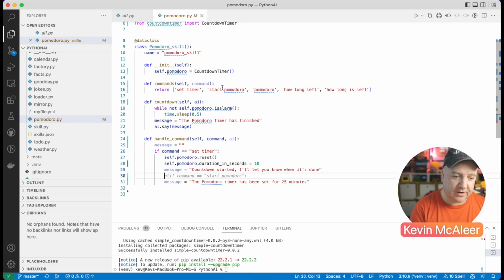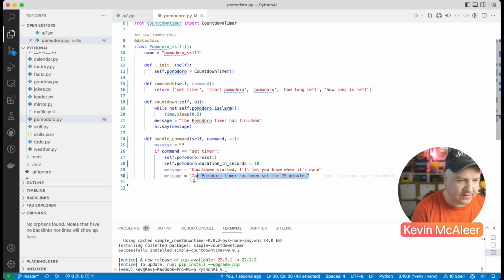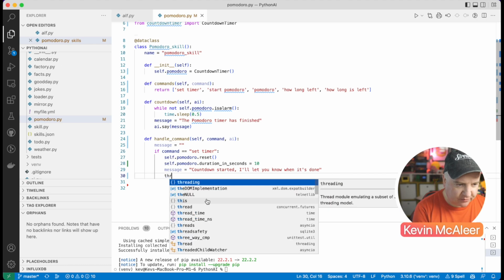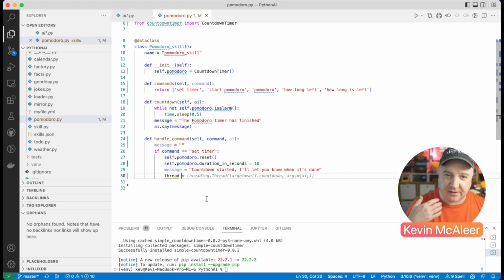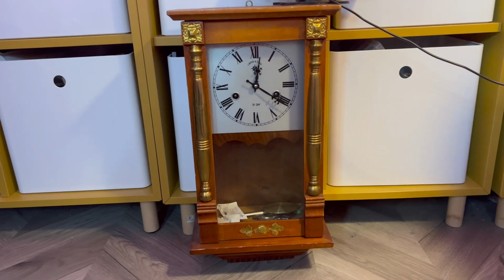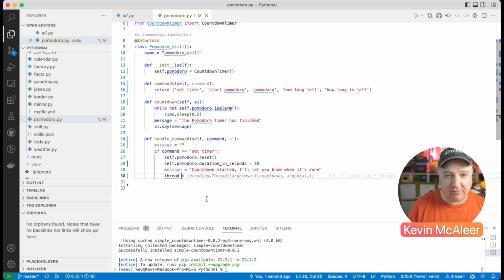Okay. Now we want to create a new thread. Let's get rid of that message there, we don't want that one. So what we want to do now is we want to create a brand new thread, and this means that we can spin off it. So we want to create a new thread. This will go run in the background, and once the timer is done, it can then return to this main